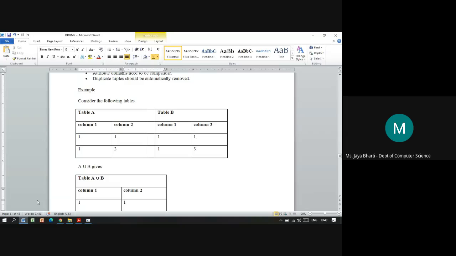So these are the tables. Example, table A and table B. Table A having 2 columns, table B having 2 columns.